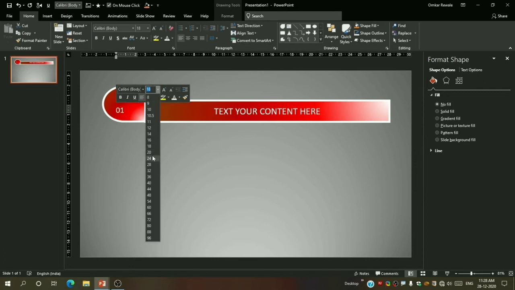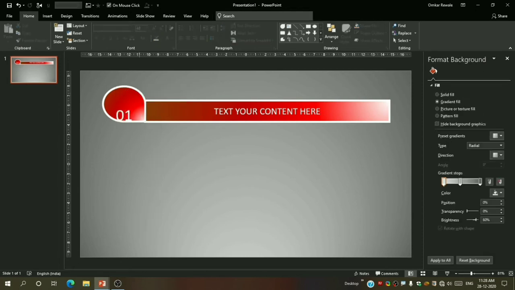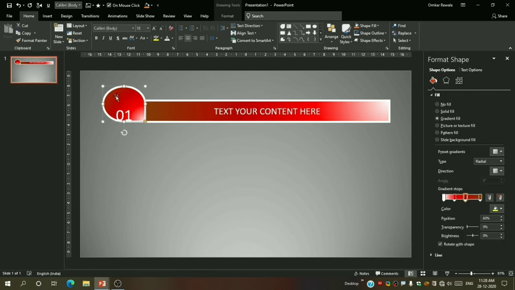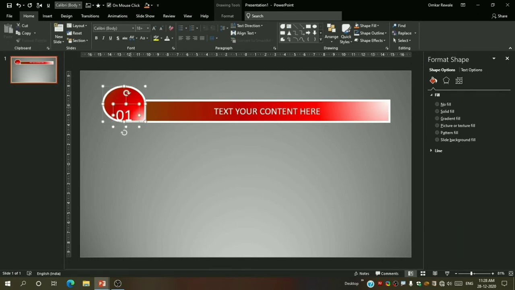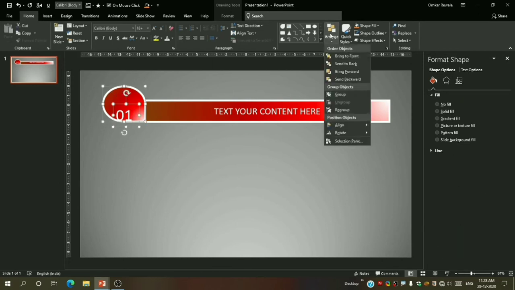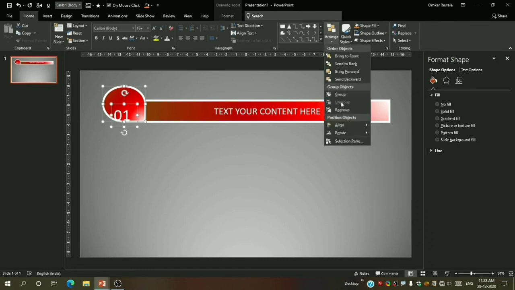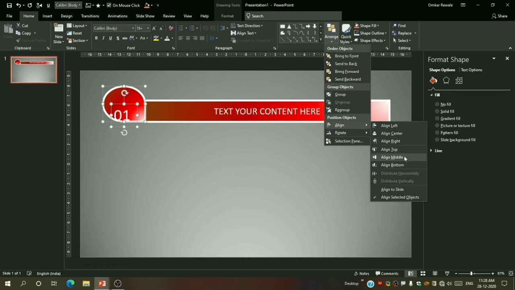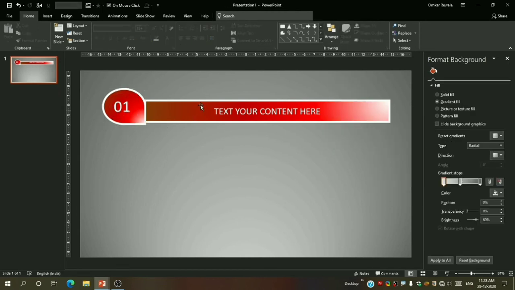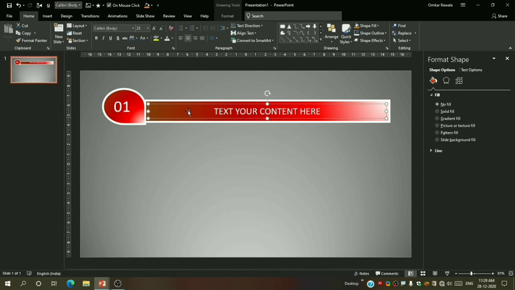This time we will make its font 32, or maybe let us take 48. Again select this, press Ctrl and select this. Go to Arrange, Align Center, Arrange, Align Middle. Okay. Now first we will group this.